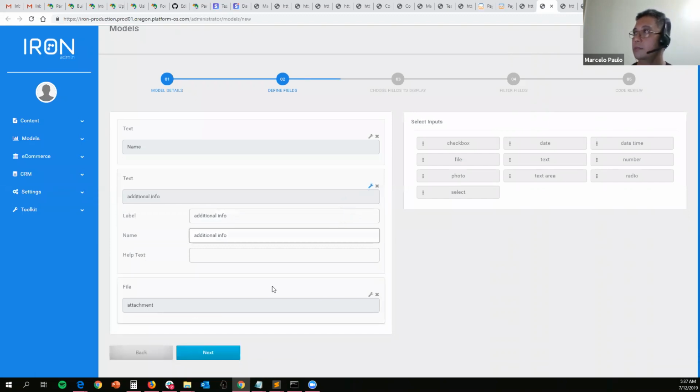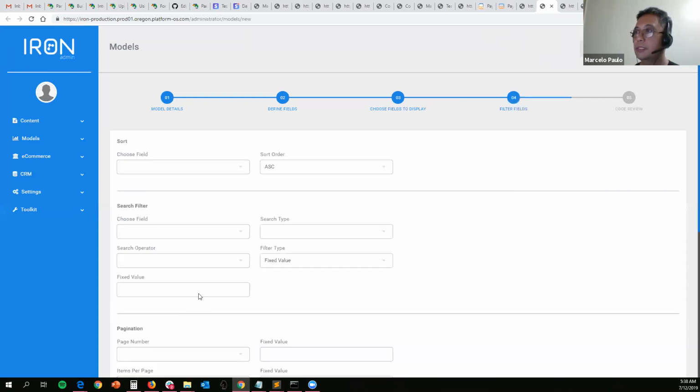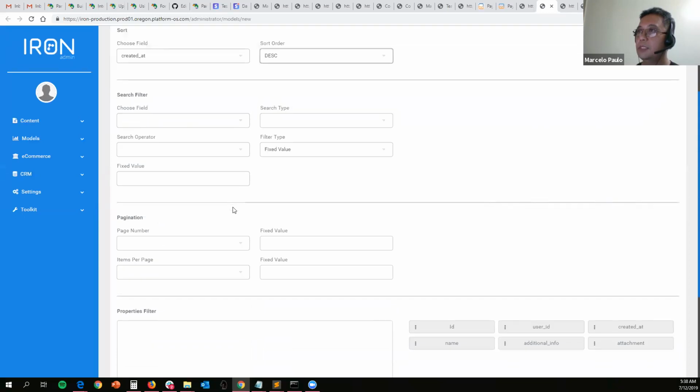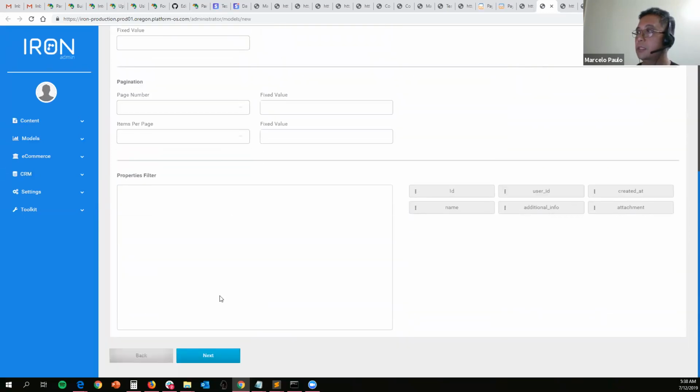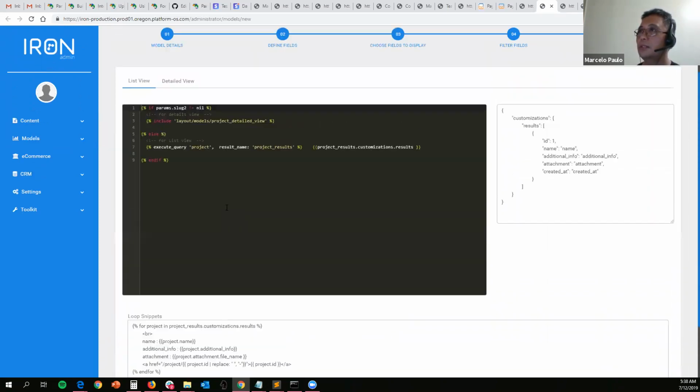so once you've created this, you want to determine what fields you like to display on the page. So if you want to include created at, ID if you like, then how you want to sort it, so created at, ascending order, and you have other fields here like filters, pagination. So this is now your list view